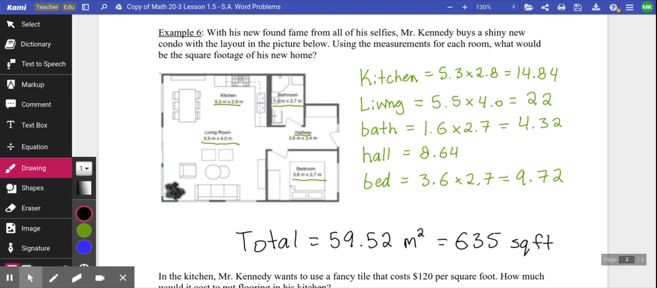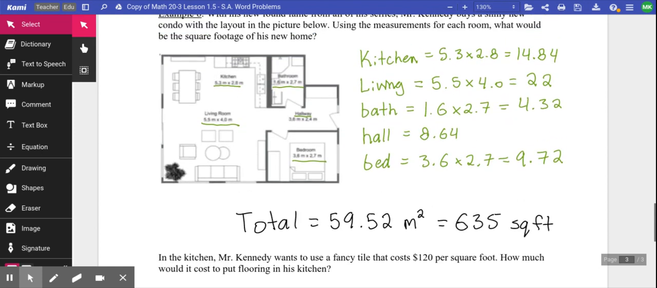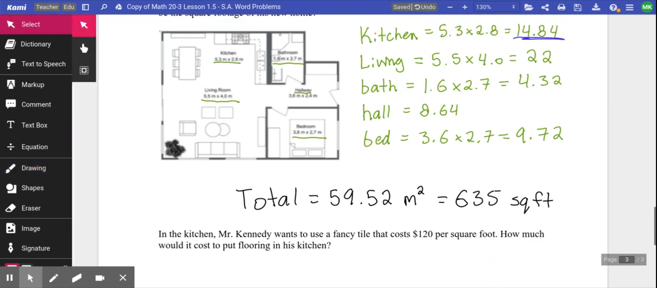It says in the kitchen, Mr. Kennedy wants to use a fancy tile that costs $120 per square foot. How much would it cost to put flooring into his kitchen? To figure that out, you're going to have to figure out the square footage of the kitchen. It was 14.84. We're going to roughly estimate that to be,